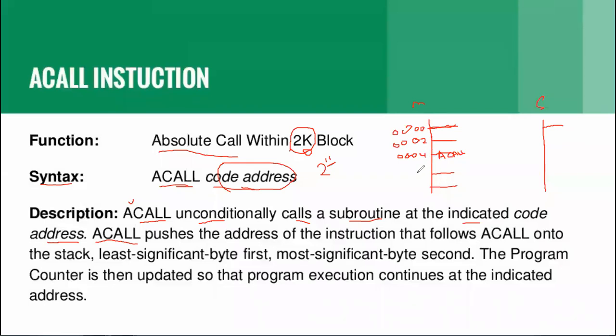Then what is the fourth instruction? 0006 and 0008. The main program started at location 0000. The subroutine program